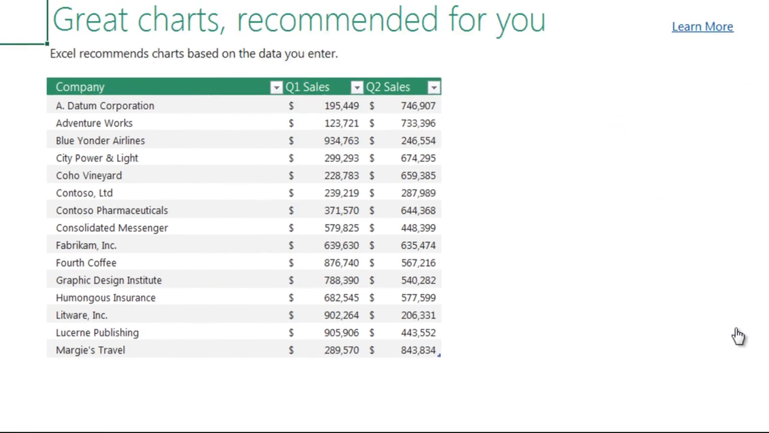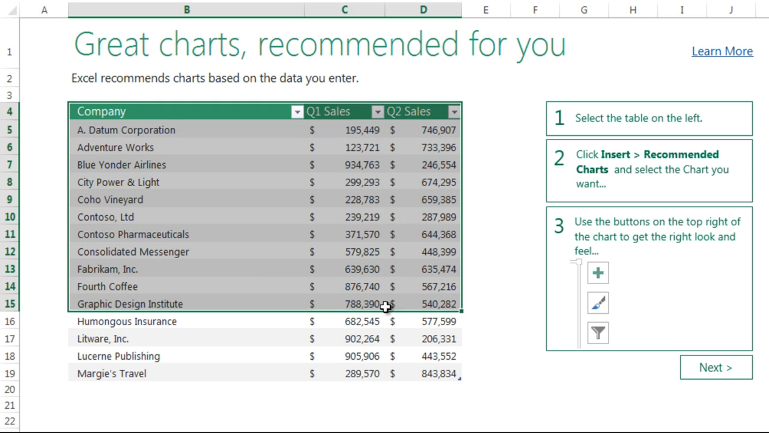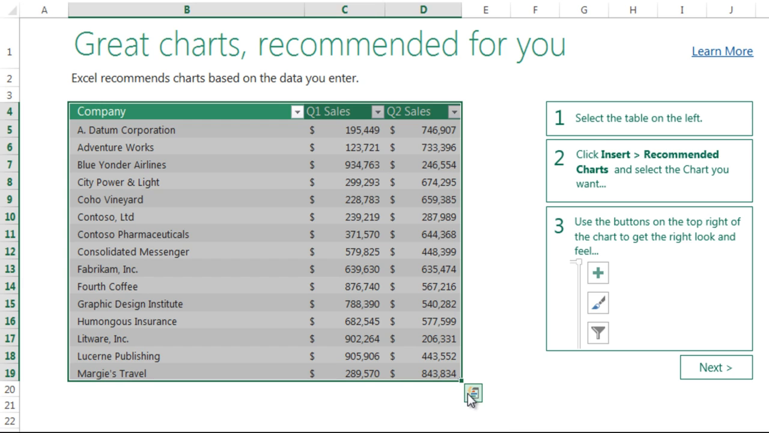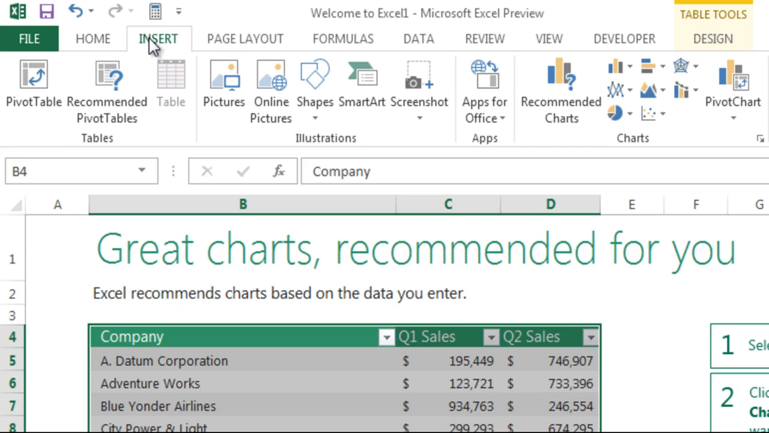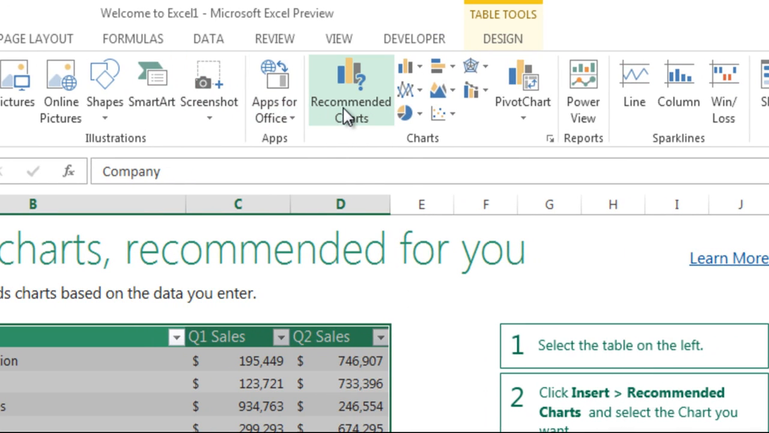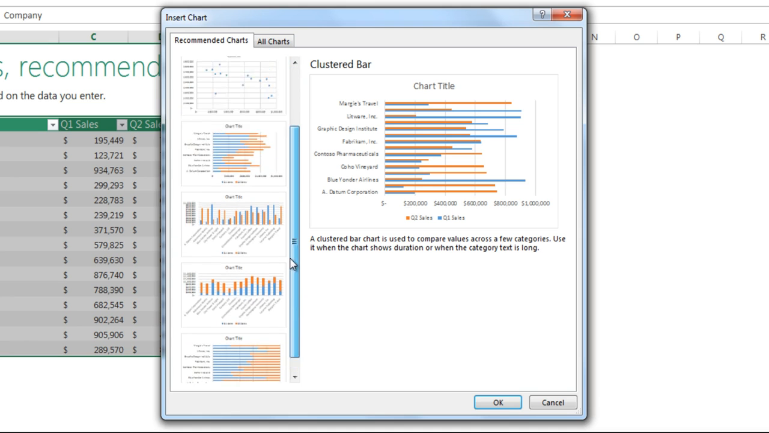And I'll go to next. And the last piece of functionality that they show you is the recommended charts. So if I select this table here, instead of using the quick analysis, I'm going to go to the Insert tab, and I'm going to go to Recommended Charts. And you'll see a window will pop up which has a listing of recommended charts as well as all charts to choose from,